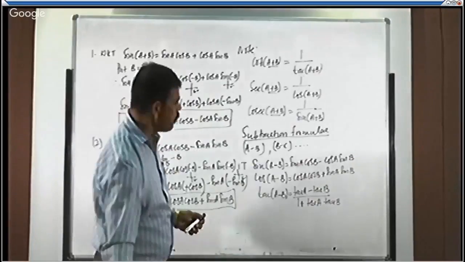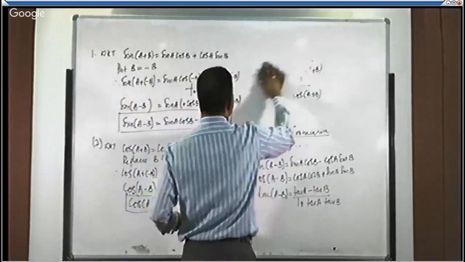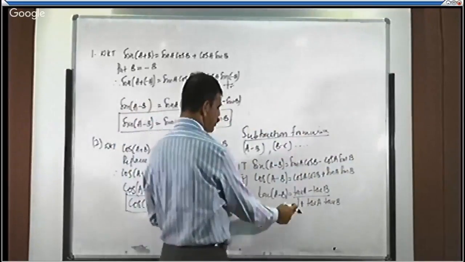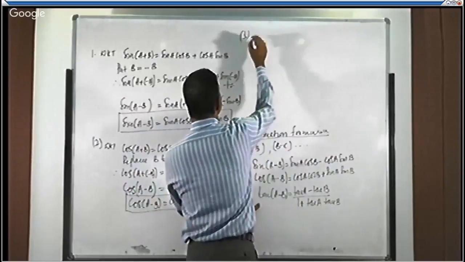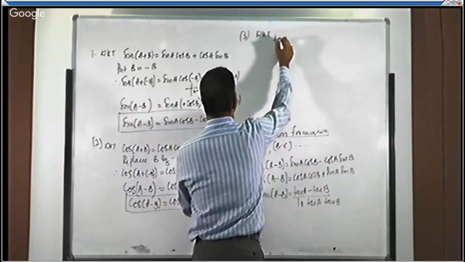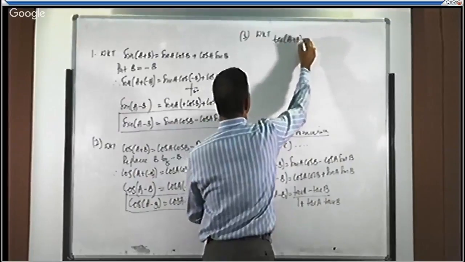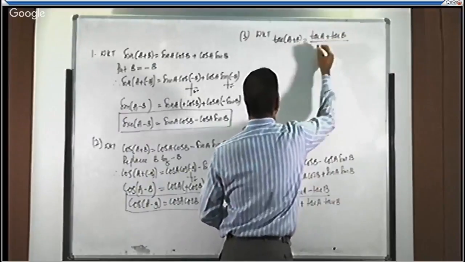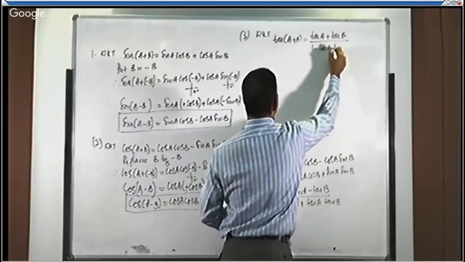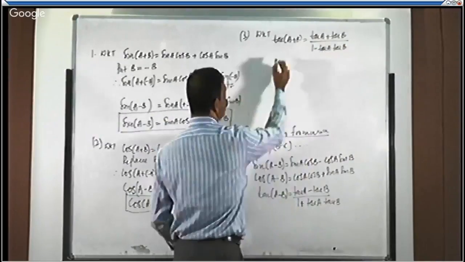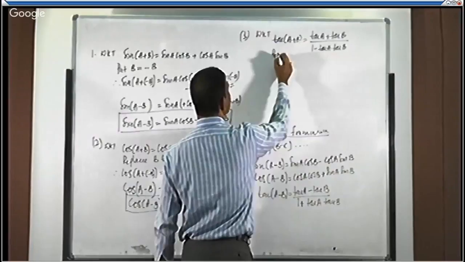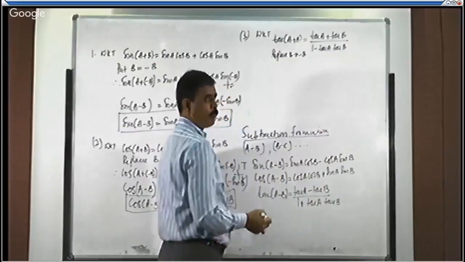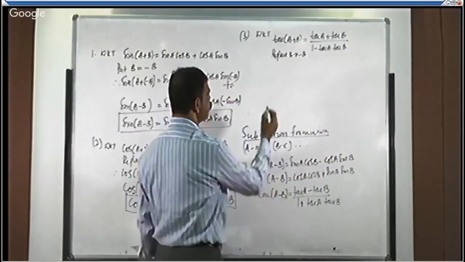Okay. To derive the third one, what is the third one? Tan of A minus B is equal to what? Tan A minus tan B by 1 plus tan A tan B. To derive the third one, take this. We know the tan of A plus B formula, that is what? Tan A plus tan B divided by 1 minus tan A into tan B. Is it right? Here also replace B by minus B. In place of B, you write it as minus B.